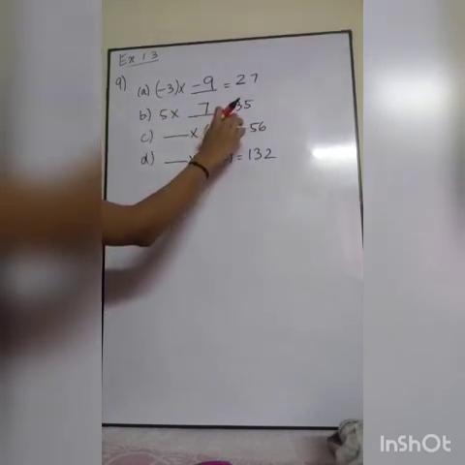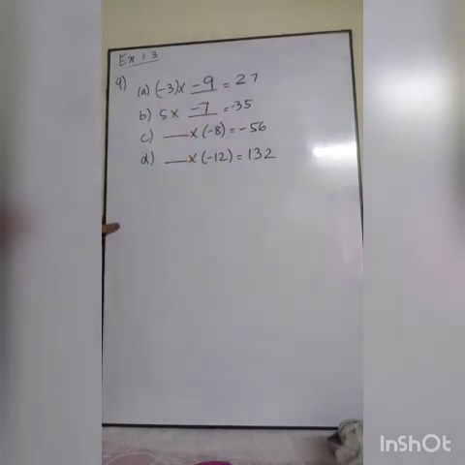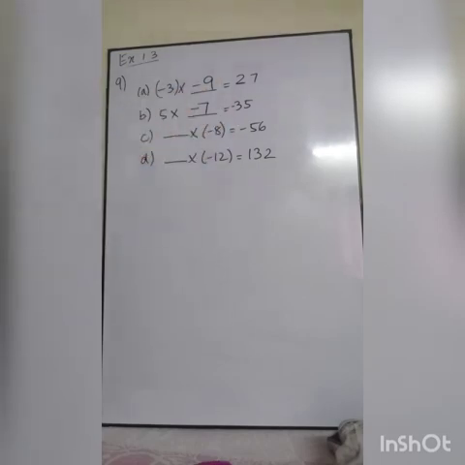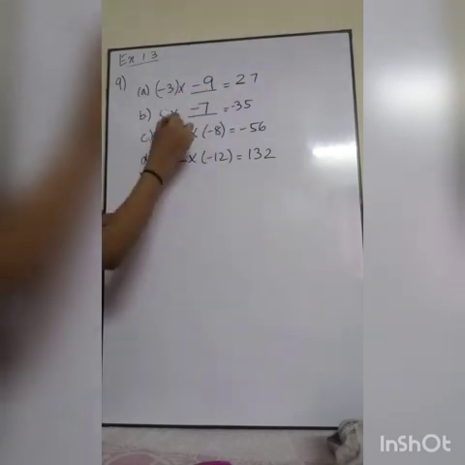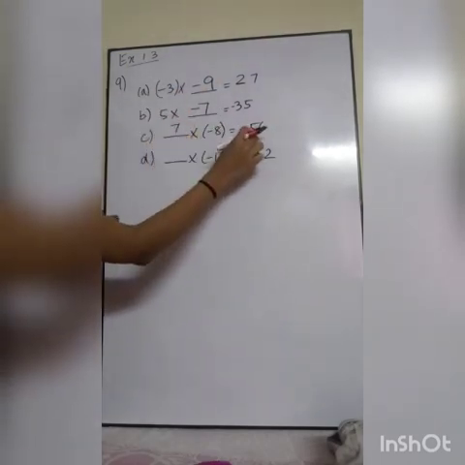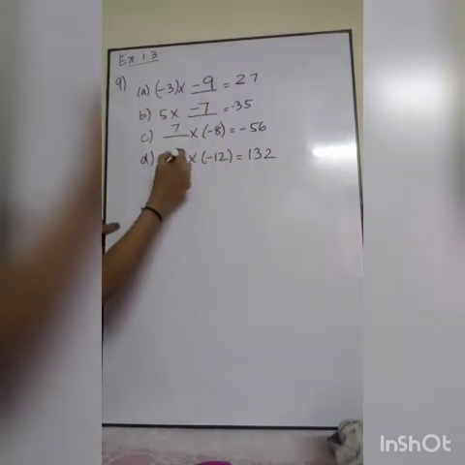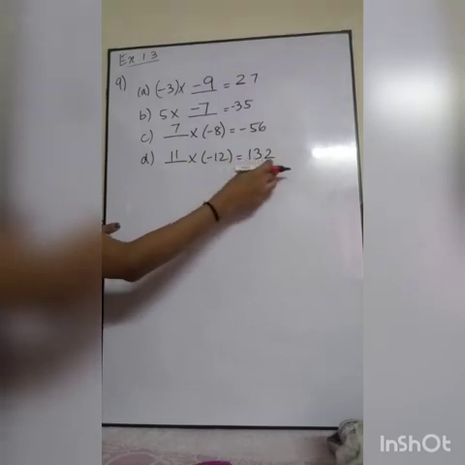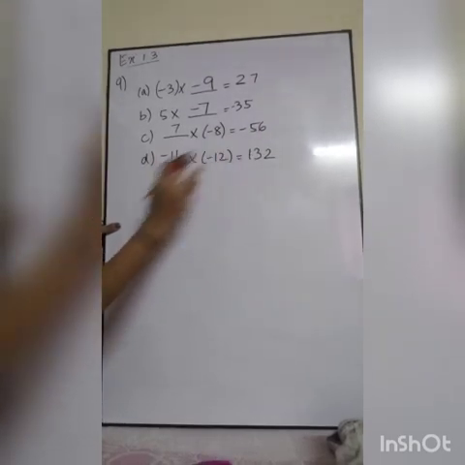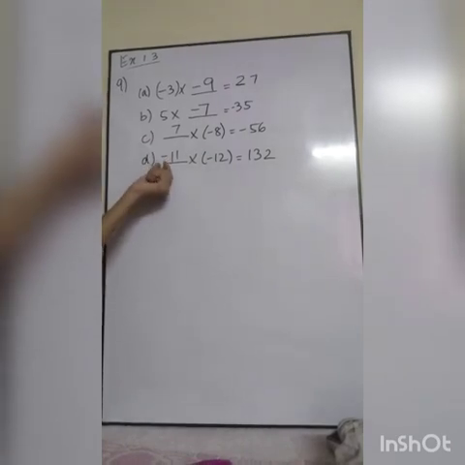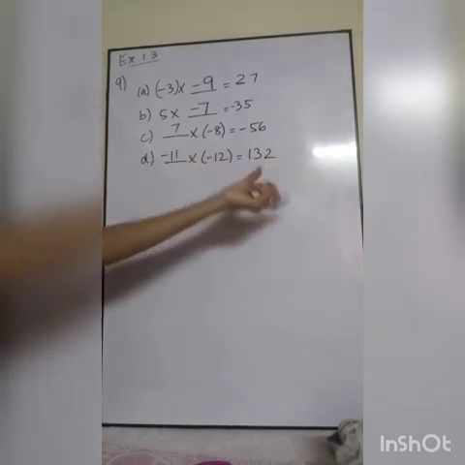But here it is minus, so you can put minus 7 here. So 5 7s are 35. Plus into minus, minus 35. Next 7 8s are 56. Plus into minus, minus. So it is correct. Next 11 12s are 132. But minus into minus plus. So like this, first you should write the number, child. Then what you have to do now? You should multiply the symbol and you have to see.